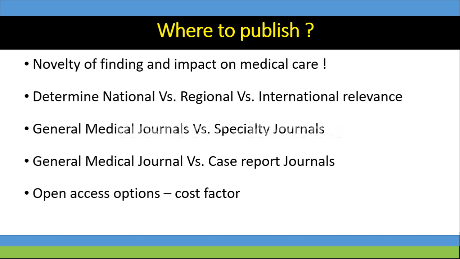Open access means that whenever you publish, you have to pay a certain publication fee, which may range from $100 to $1,000, and it covers the cost of publication and the review process, and then your article or case report is freely available for everyone to read and download. At one end, it really looks nice that you can publish something that is available to everyone, but you need to understand it will cost you a lot of money. Again, it can cost somewhere between $100 and $1,000, and for that you have to read the instructions to authors.